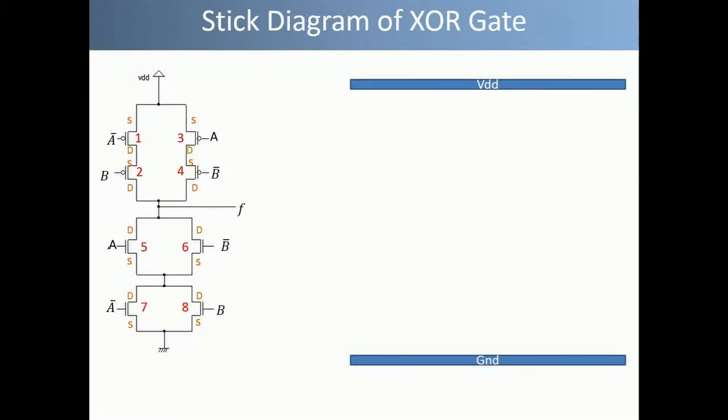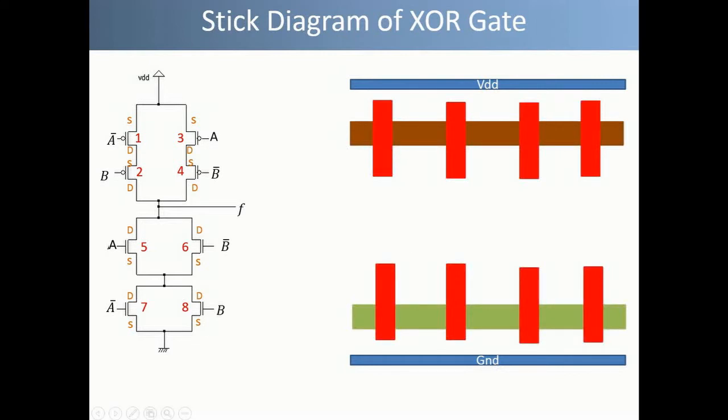Now in order to make the stick diagram of this schematic, first we assign numbers to all transistors and we label their source and drain terminal so that we may easily connect them in the schematic. Now first of all we have to make two metal 1 rails for VDD supply and ground. In the next step we have a P plus diffusion region and 4 polysilicon regions that lie above it. So this makes 4 PMOS transistors. Similarly we have an N plus diffusion region and 4 polysilicon overlappings which make 4 NMOS transistors.